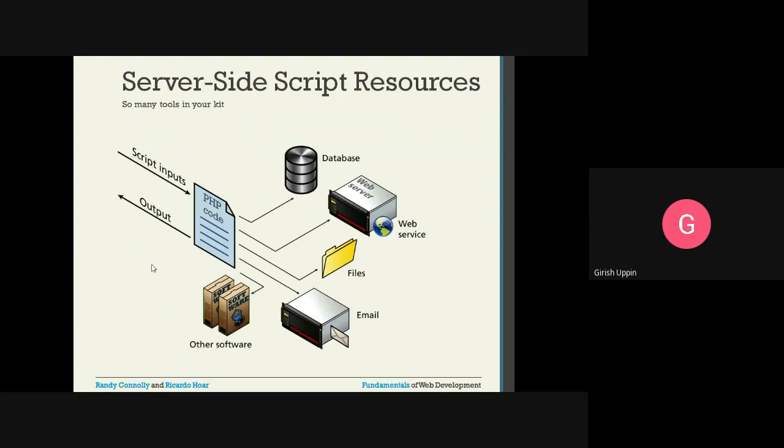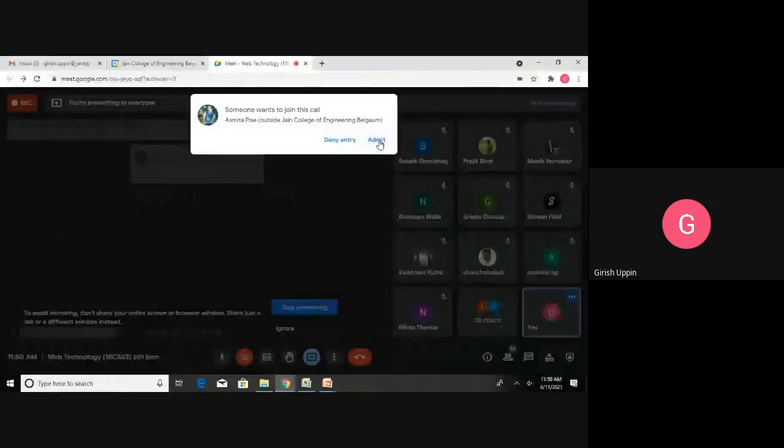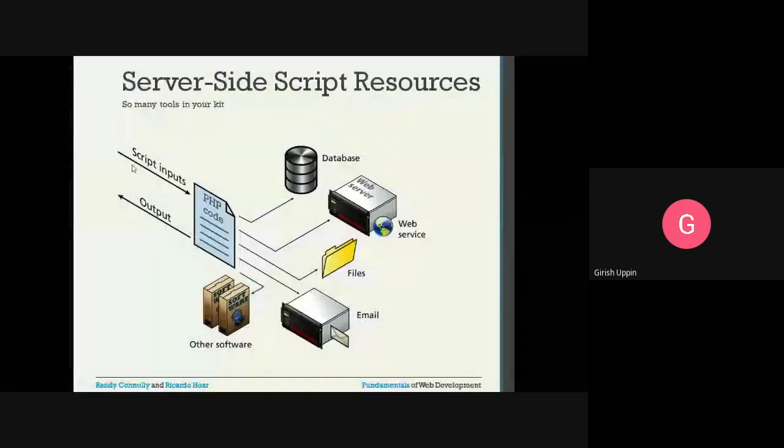And server side script resources. You can see here script inputs. We have the PHP code here, and this PHP code might interact with any kind of resources on the server side. It might interact with a database to get certain kinds of information, and it can interact with any web services we have.